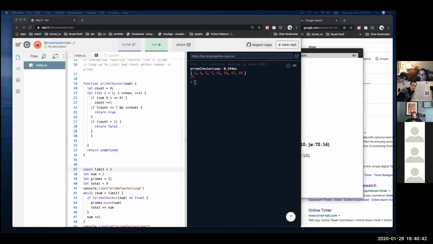And then down here in the while loop on line 42, it's going to go from 1 all the way up to the number just below the limit. So that is O of n. Like I was saying, O of n times n is O of n squared. But if you do O of n times log n, which is slower than O of n, then you get O of n log n.